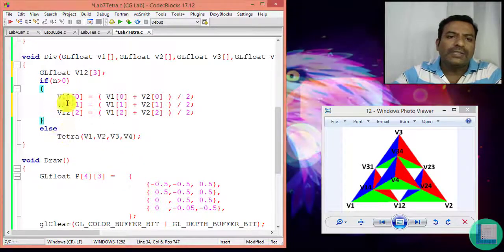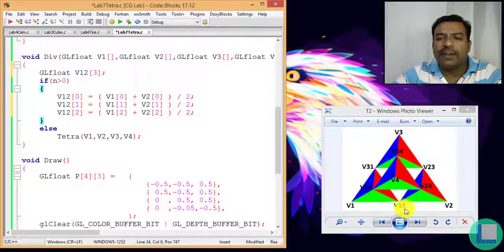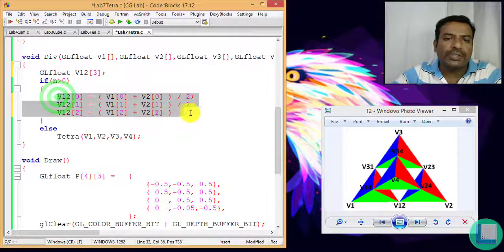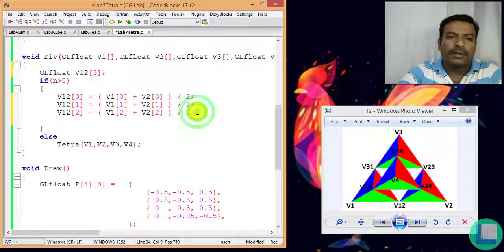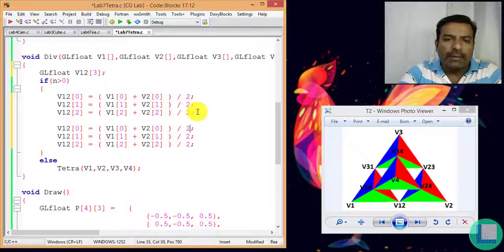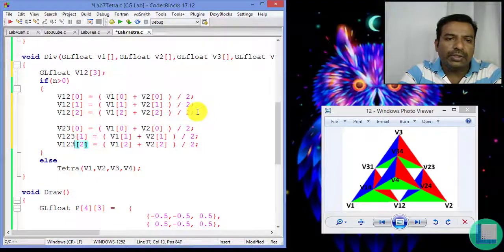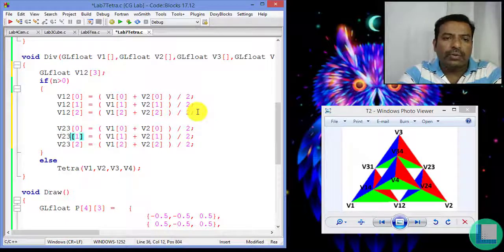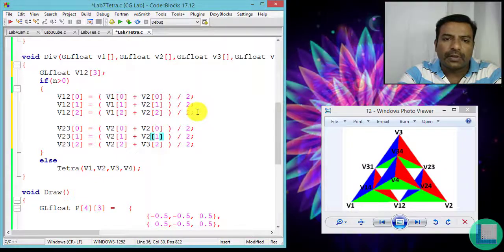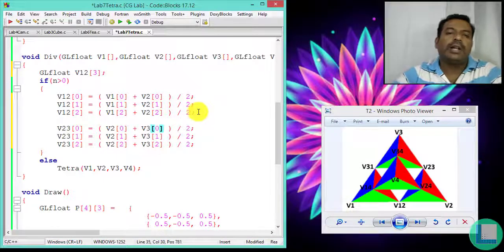Fine. Now similarly as we have done for v12, I need to find the midpoint for v23. Just copy this and paste it over here. I am going to have this as v23, the midpoint between v2 and v3.